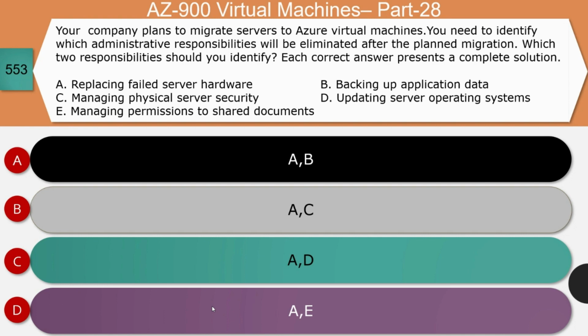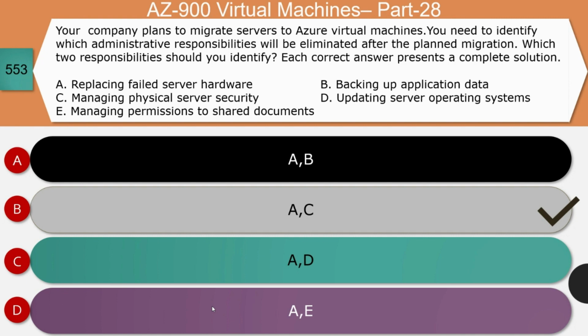Out of these answers, if you look, updating server operating system, which will be automatic by the cloud service provider. Managing permission to share the document, that should have to be done by the customer. And so D and E is not the right answer. Backing up the application data, which can be set by the application and then can be used by the Azure services. And so that is also not the right option. So the right answer for this question is option A and C, that is replacing failed server hardware and managing